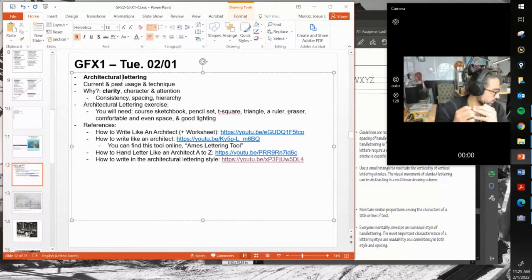And very important as well, you're going to need space, and that's one of the things that we'll talk about. What I mean in this and further exercises is the importance of having a proper working space as well as some adequate lighting to work on your assignments, all of which might be perhaps new or foreign to some of you. Okay, and like I mentioned, of course, your pencil set